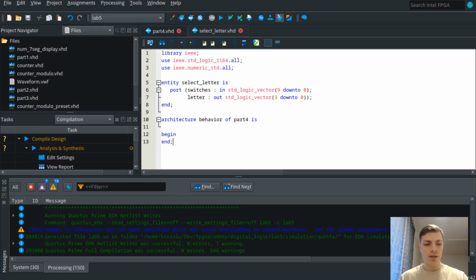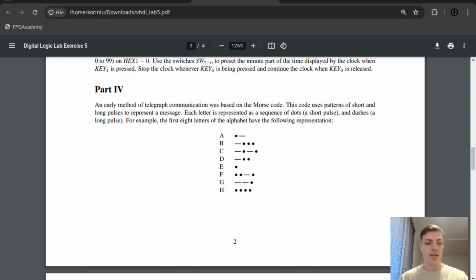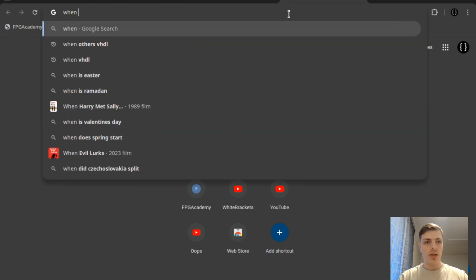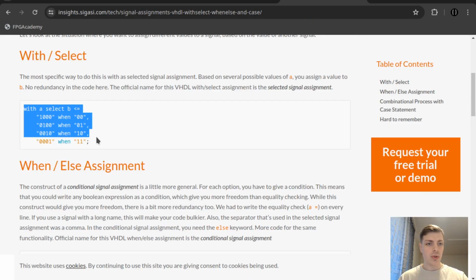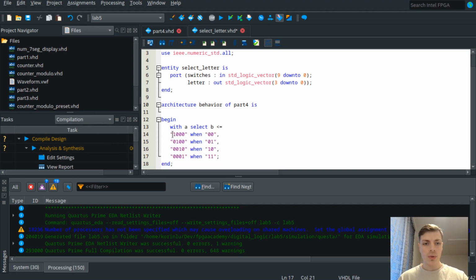So I will create a case here. Or I will create, I need to look at the syntax. So we want to use select when. So we want to use this with select, and here we will select our inputs, and switches will be just 3, so we need just 2 down to 0. So with switches, select letter,